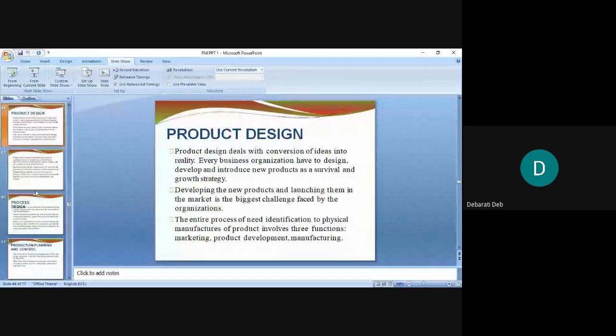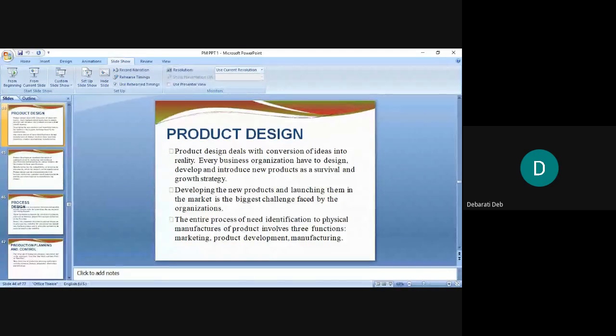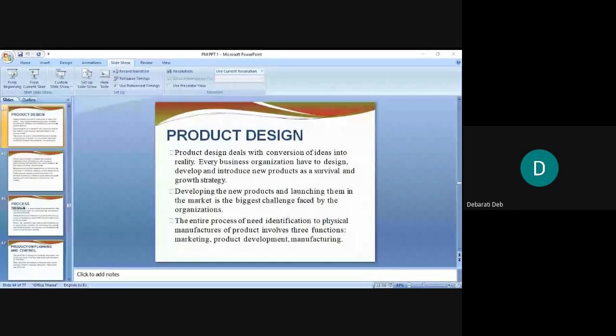So I hope you remember. If suppose some topic you have forgotten, what was there, what was it, then you can quickly do a Google search. You have cell phones in your hand with internet connectivity. Do a quick search and have a recap of that, so that you can do the assignments properly, for both internal as well as external examinations.